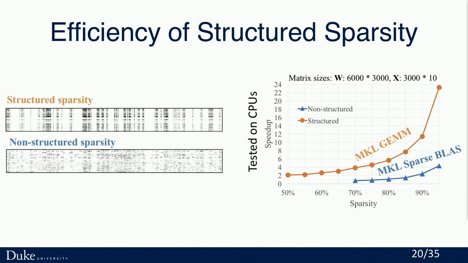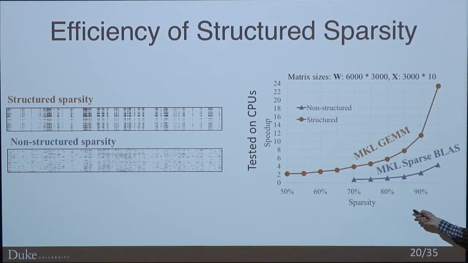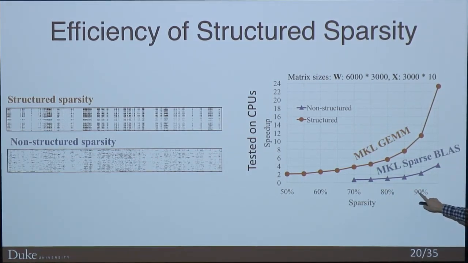It's a little better on the CPU platform. So this is the speedup of a random sparse neural network over sparsity. But it's not as good as the theoretical speedup. For example, here the sparsity is 19%, but there's only a 2 times speedup, because of the similar issue I just mentioned in the previous slides.